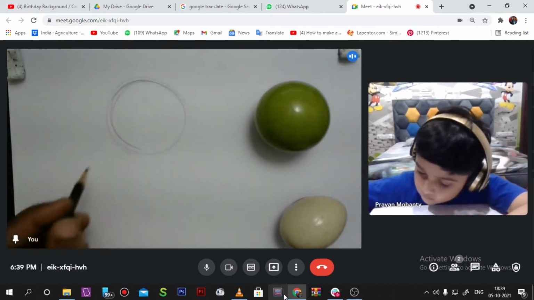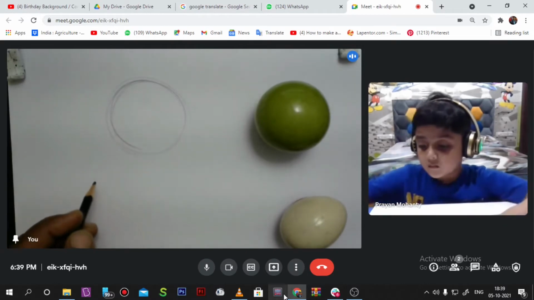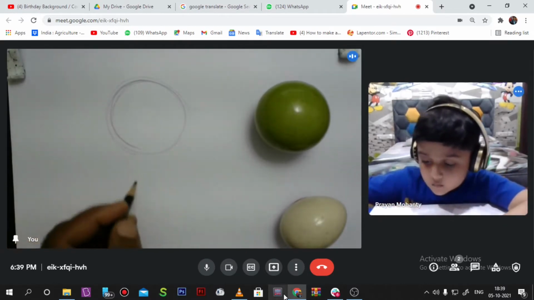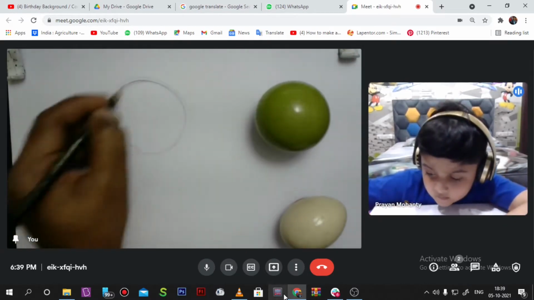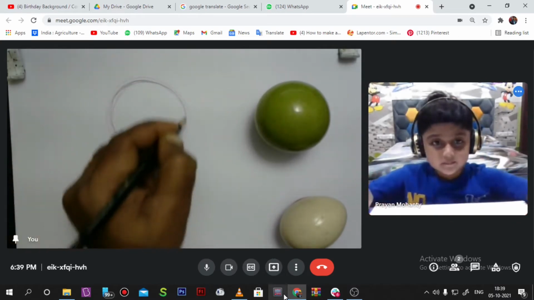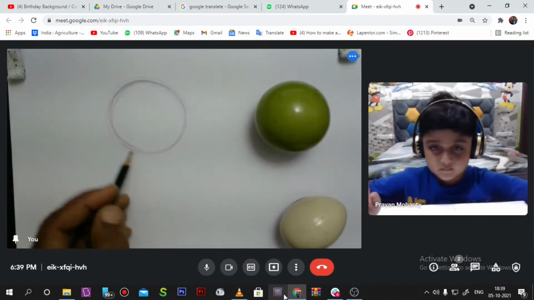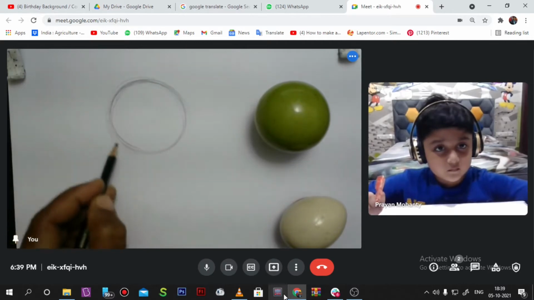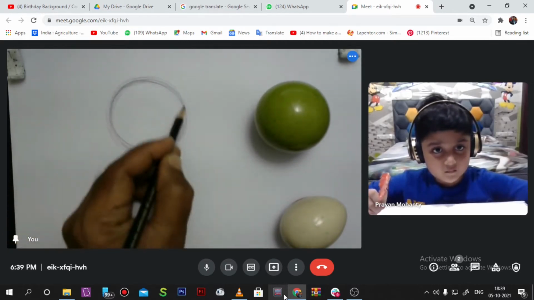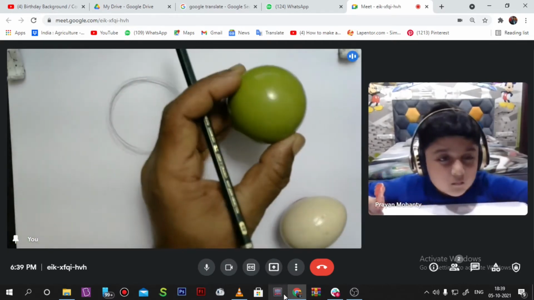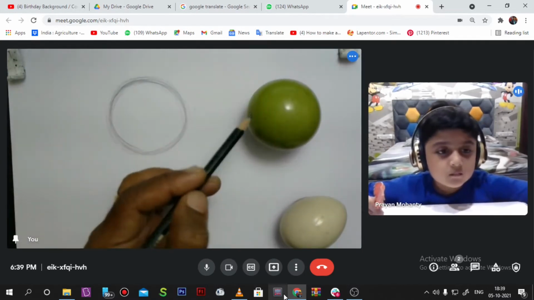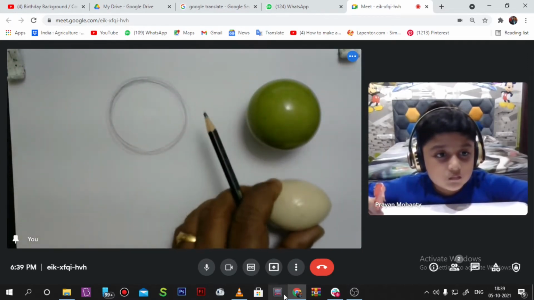So first the shape is a circle. If your circle is done, okay. Now my circle is done. After the circle, it should be like this, a pure circle. So that's why I show the reference, so it helps you.